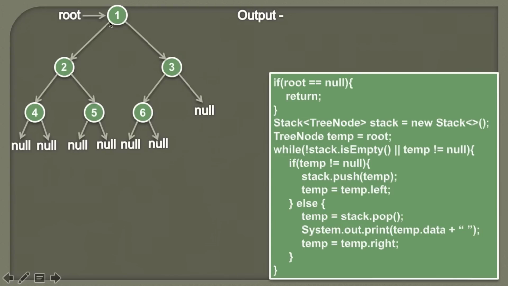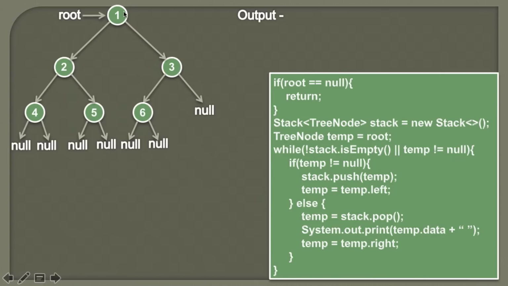So when we start with the node 1, we have to go to its left subtree first, and as we go to its left subtree, there is no way we can reach the node 1 again. Therefore we need an additional data structure which can hold this node, so that once we complete visiting the left subtree, we can pull the element out of that additional data structure and visit it, and after visiting it we can go to its right subtree. The additional data structure that we use here is a stack. A stack is a LIFO data structure, which means the element inserted last into the stack would be the first one to be removed. To know more about the stack, you can watch my previous tutorials.